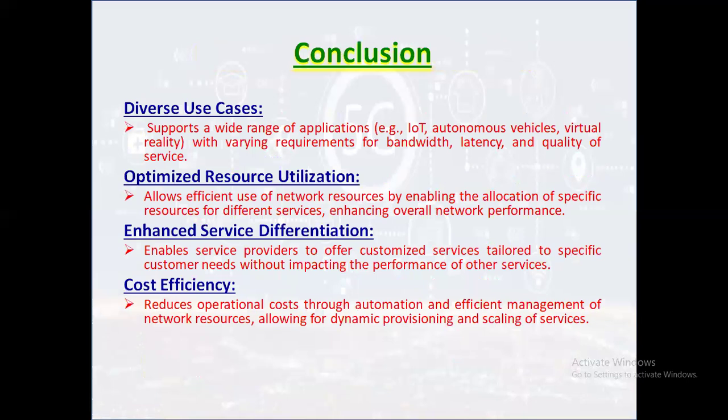And coming to the conclusion, network slicing is essential in 5G networks due to the diverse use cases it supports, ranging from Internet of Things applications to autonomous vehicles and virtual reality, each requiring different levels of bandwidth, latency, and quality of service. This capacity enables optimized resource utilization, allowing network operators to allocate specific resources for various services, which enhances overall network